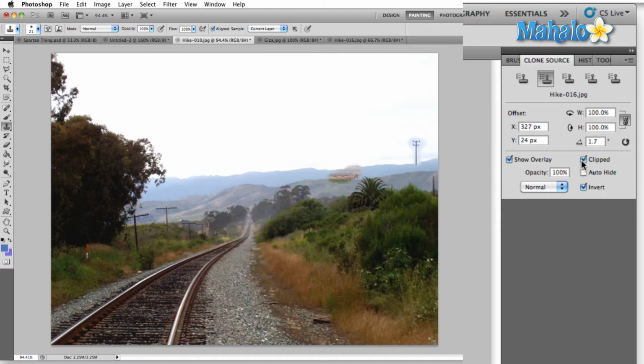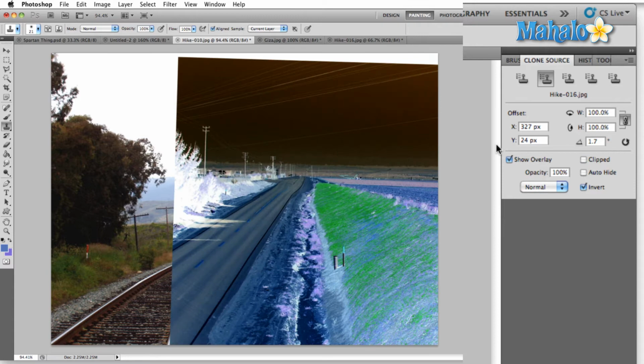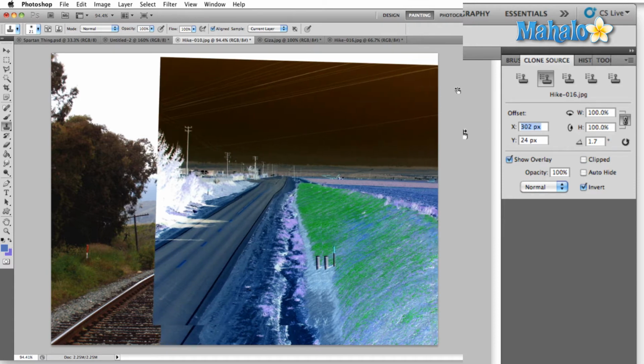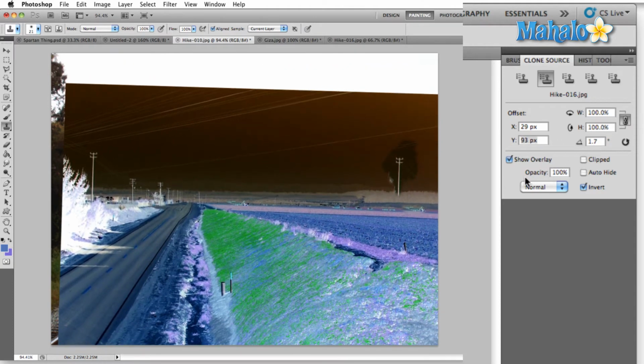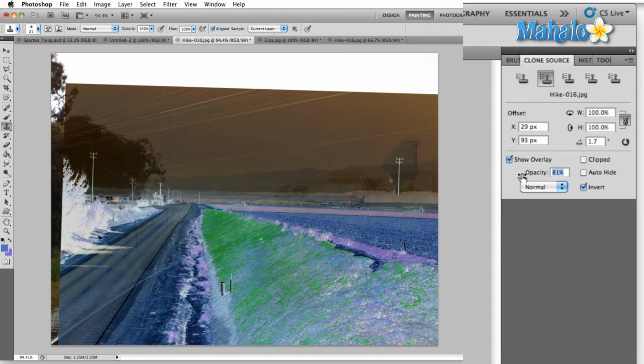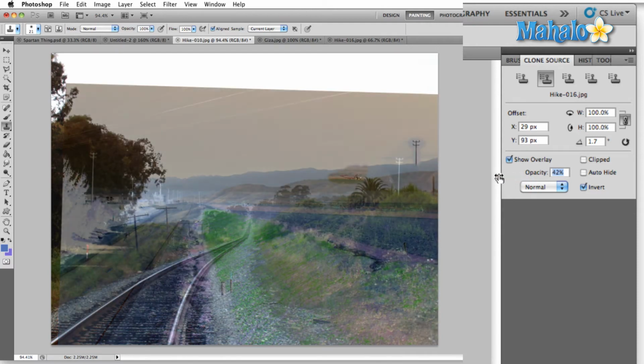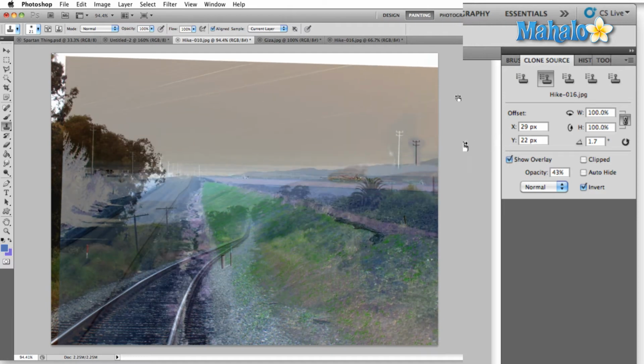So if we turn clipped back on, you can see this is the part that we have already cloned over. Now if we change our offset, let's go ahead and move the X a little bit over to the right, move the Y down a little bit. I'm also going to drop the opacity here to about 50% so that I can see exactly where I'm going to be painting. So now I can move the offset around,